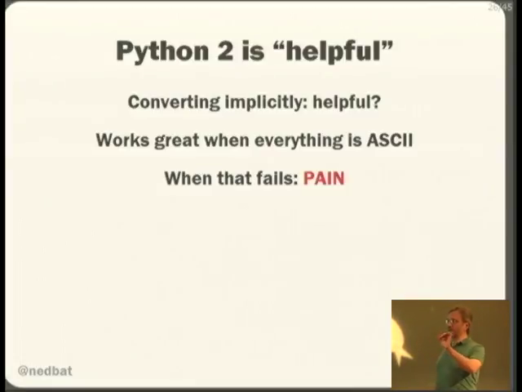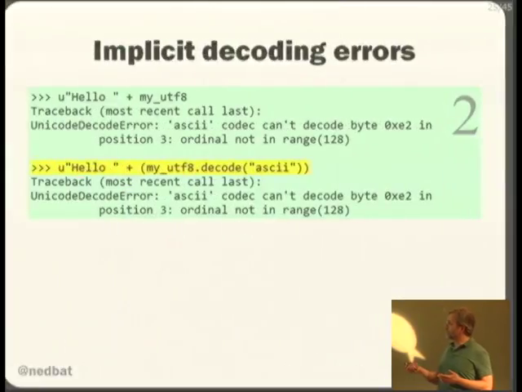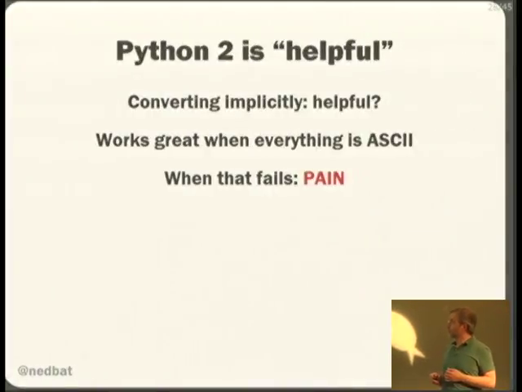Your program will work fine if you ignore the distinctions between bytes and Unicode as long as all of your data is ASCII, because Python 2 will helpfully change all of your bytes up to Unicode with an ASCII decoding, which will succeed as long as the data is ASCII. And as soon as the data is not ASCII, it will throw an exception. And those exceptions are the exceptions you've been seeing. So this is the Python 2 style of pain, right? It tries to make things very easy for your ASCII data, and as soon as your data gets outside that range, it blows up.